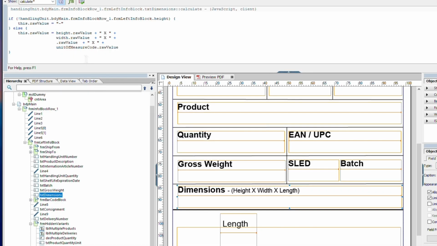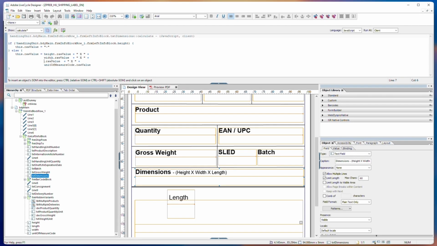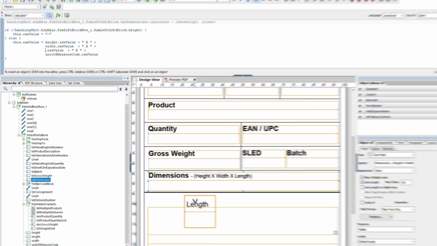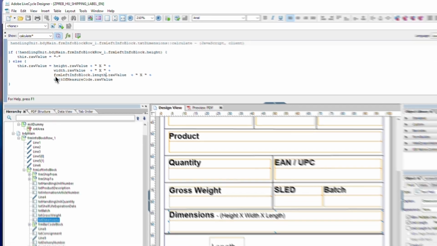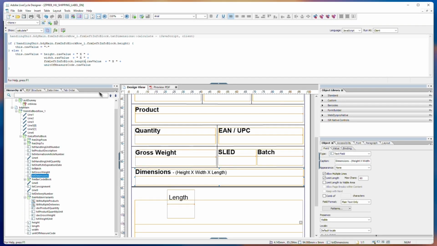Let's go back to dimension, and I'm going to position myself here. So instead of typing the field name that you want to add into your script, what you can do is you can position yourself in the script where you want this field to be, and then go back onto the form, click the Control key on your keyboard, and you can see that as you hover over a particular field, you have this V icon cursor that is showing up, which effectively is saying, insert. So if I now click on length, you can see that the name of that field has been automatically added